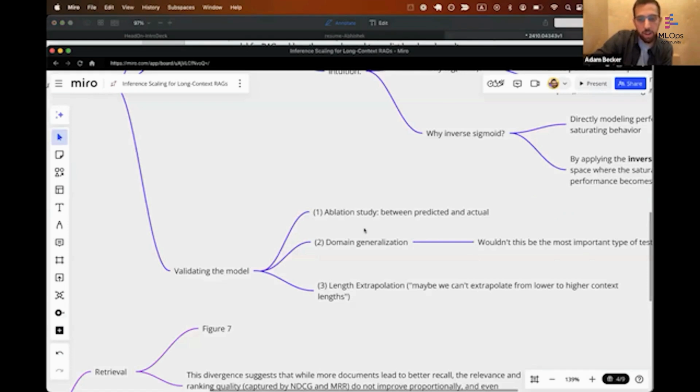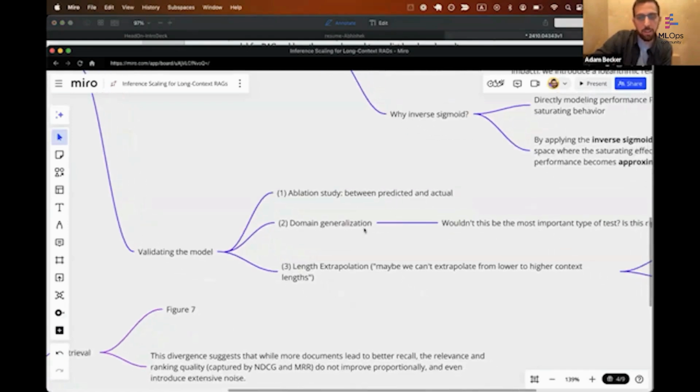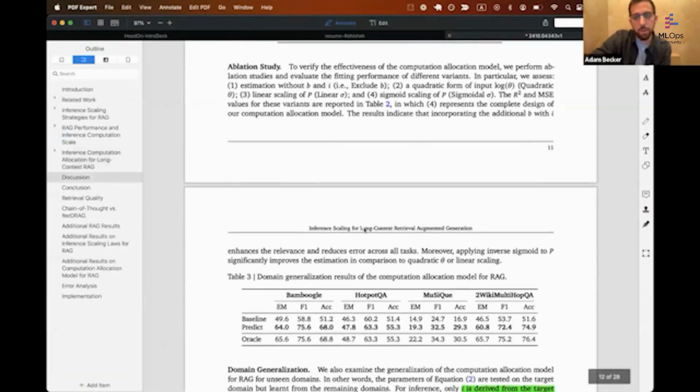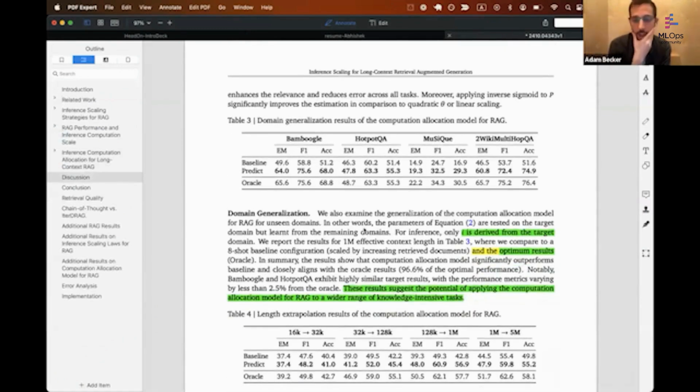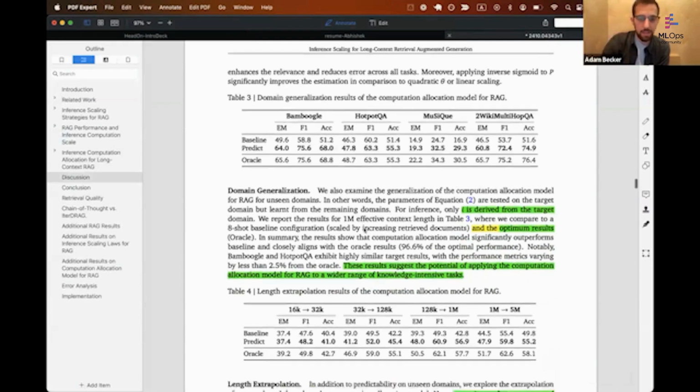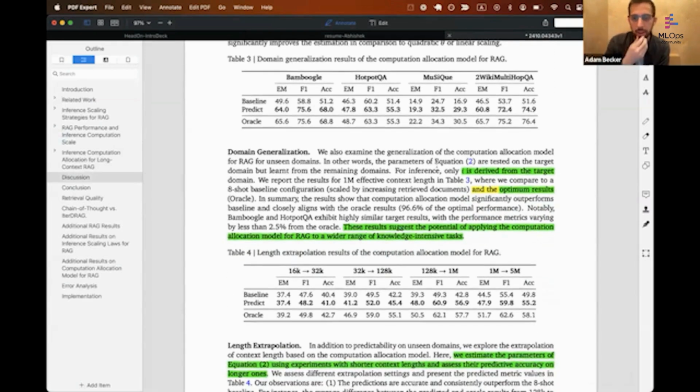Next, they are trying to figure out whether or not they can generalize from a known domain to an unknown domain. This, in my opinion, is pretty important. And I'm not sure that I got a very clear sense from them that they generalize all that well. I think they say that they do, but I'm still a little skeptical, because basically what they're trying to say is,